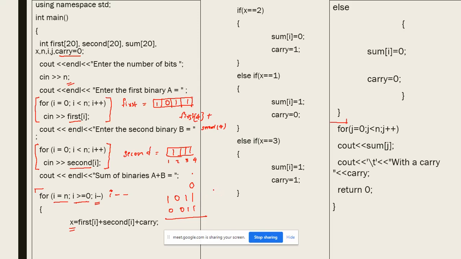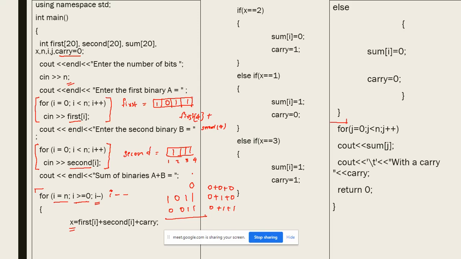The answer can be 0 plus 0 plus 0, that is, if these two digits are 0, this is one possibility. It can be 0 plus 1 plus 0, or 0 plus 0 plus 1. That is another possibility. It can be 0 plus 1 plus 1.